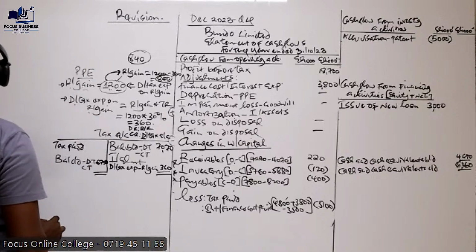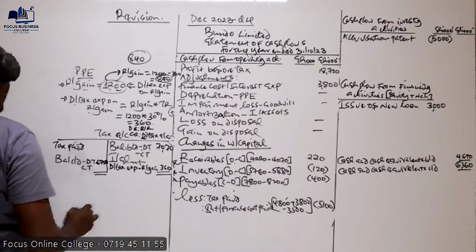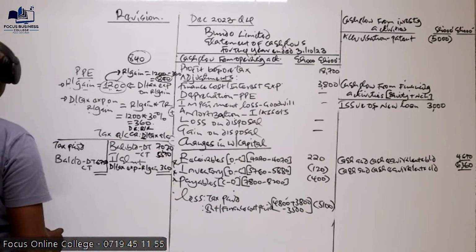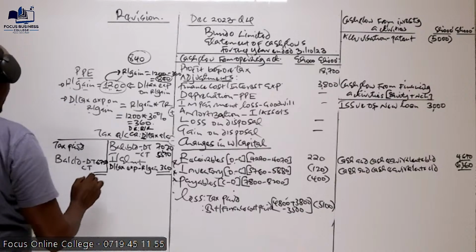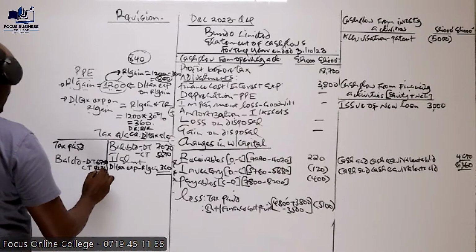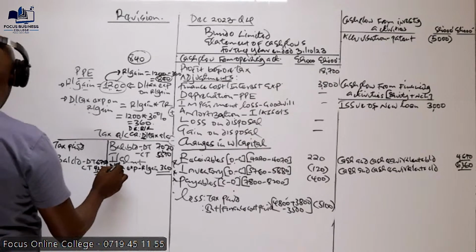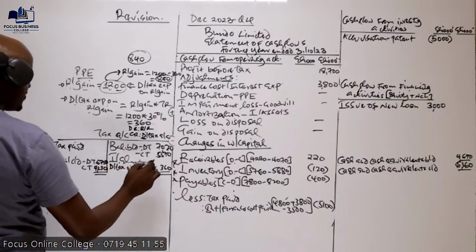6750. Then at the current liability still in our balance sheet, we have current tax. Current tax at the start was 5570. Current tax at the end is 4230. 4230 is here. Then we go to the income statement. We take the tax for the year from the income statement. The tax expense for the year from the income statement is